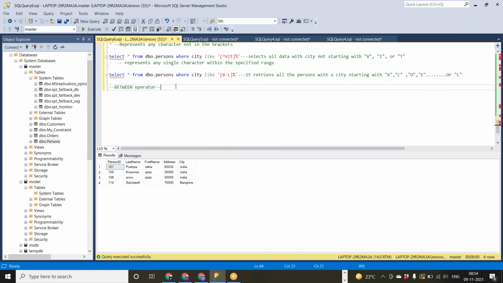What this BETWEEN operator does: the BETWEEN operator retrieves values within a given range. So values can be either numbers, text, or dates.